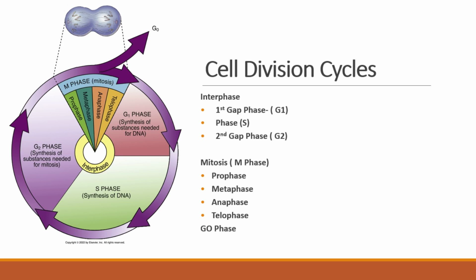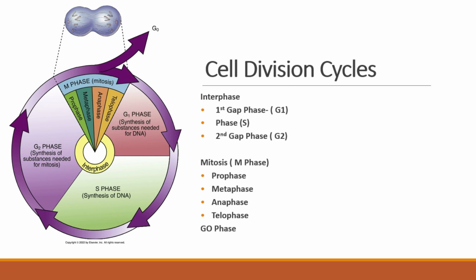Cell division cycles. Cells are constantly dividing and replicating, on an average every 24 hours. This process occurs in cycles. Two main cycles are interphase and mitosis. Interphase involves three steps: G1 or gap phase, S phase or the phase of DNA synthesis, and the G2 phase of growth and preparation. Actual cell division occurs in mitosis and has four phases, or steps: prophase, metaphase, anaphase, and